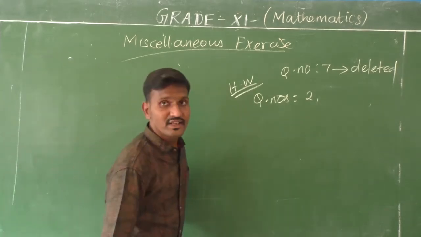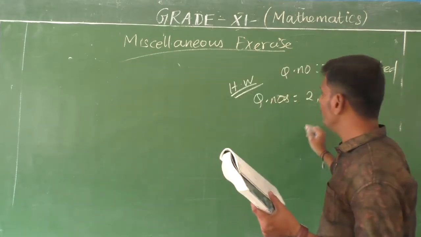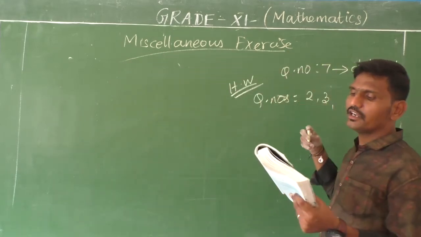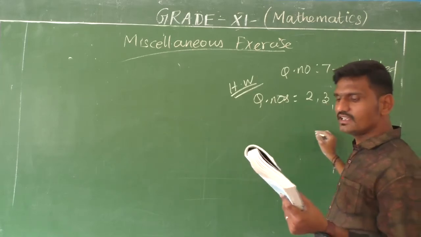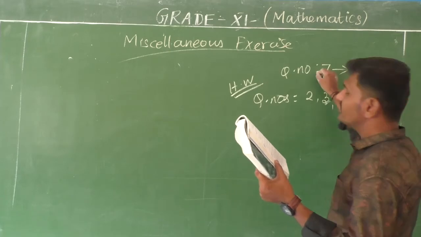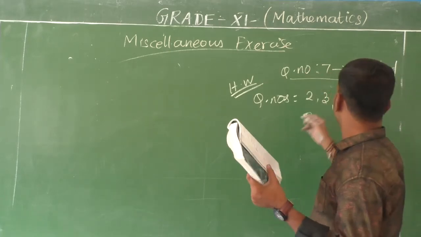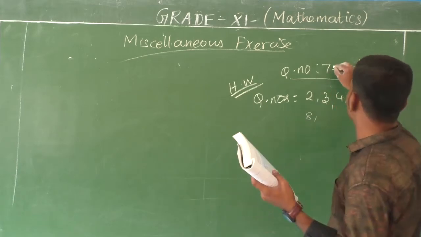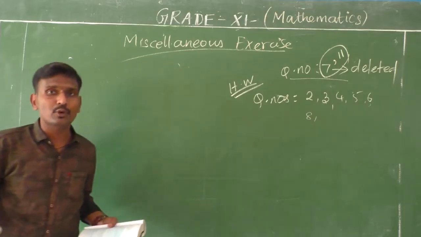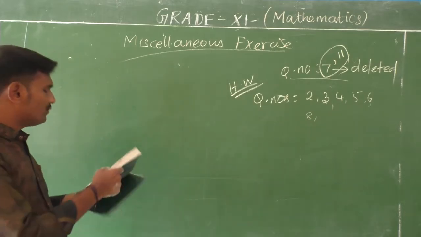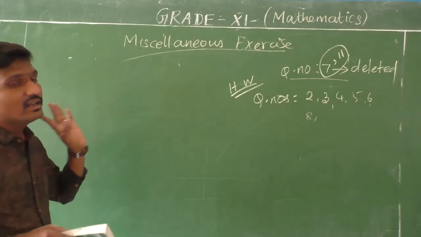So students, in the miscellaneous exercise, what are the questions for homework? The question number 2, then 3 is the example I already gave you, 4 and 5. So these are all your homework. Then 6 is also very simple. The 7th is your deleted portion, no? Yes. 8 is your homework. Then one more question is your deleted portion for the exam, exercise question 11. So the 7th and 11th, the 2 questions are deleted portion for you. The remaining questions for you to complete are 2, 3, 4, 5, 6, 8.